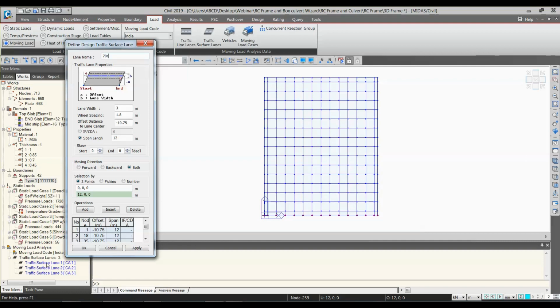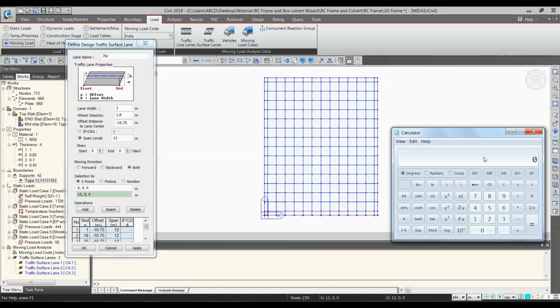Now the first distance was 3.75, right? So how had we calculated that? 0.45 crash barrier width plus 2 meter sidewalk plus 0.15 clear distance plus 0.25 plus 0.9, so 3.75.